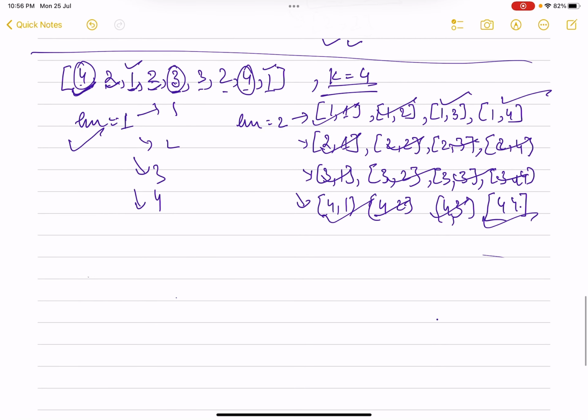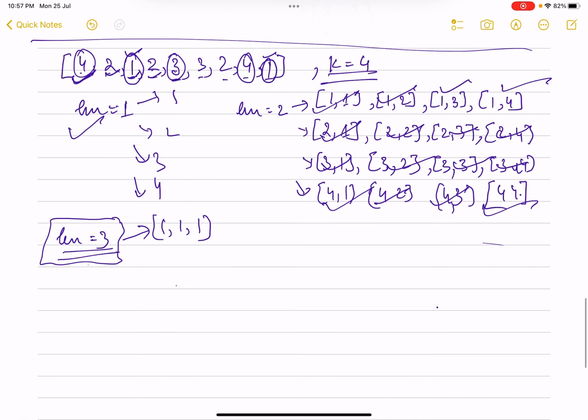Now let's come to length equals to 3. So what are the possible values? The first one is 1 1 1, right? Now just see, we have 1, we have 1, we don't have the third one, right? So that means length equals to 3 is the answer, because this is the shortest length of a subsequence of a sequence that we are not able to form, right? So this is the gist of the problem. This is what the problem is asking.